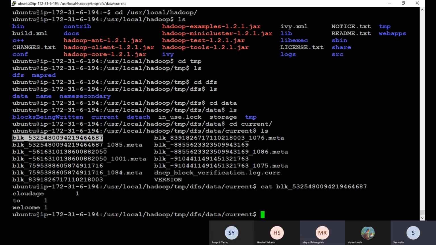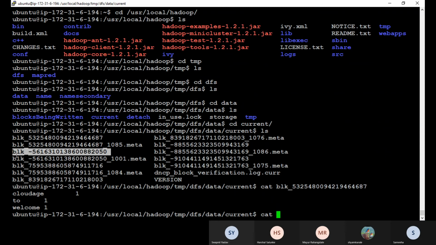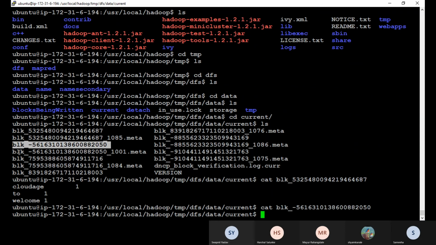This one is the metadata of that file. So do cat on another block. Nothing.